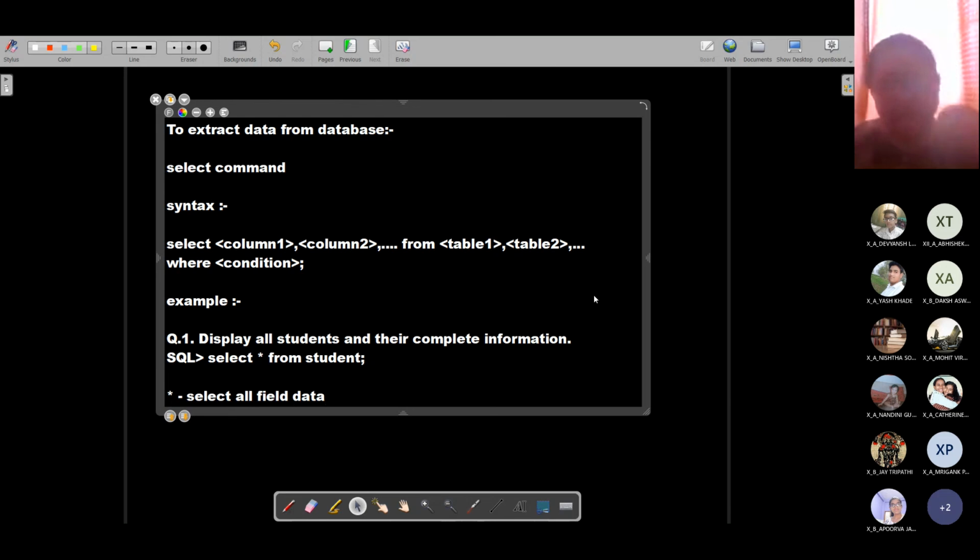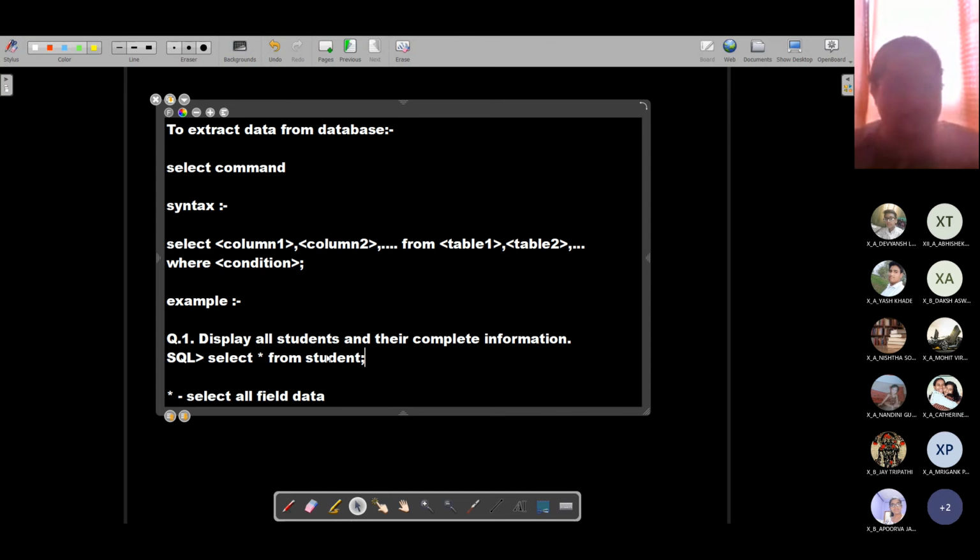Instead of specifying the names of the columns one by one, you are simply specifying this asterisk, and it refers to all the field data. When you have to display all the field data, that is the complete record, then you will use asterisk. And if you want to display only a few selective fields, then we will specify the fields in the form of column 1, column 2 and so on. We will see a lot of examples, so it will be clear to you.